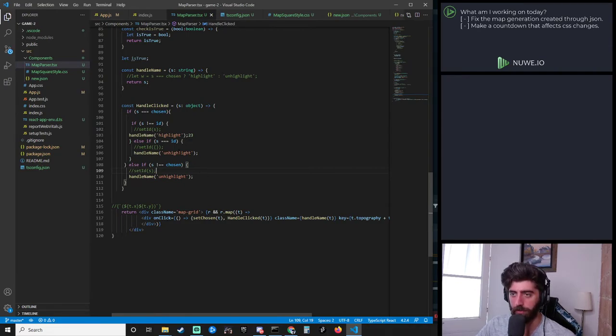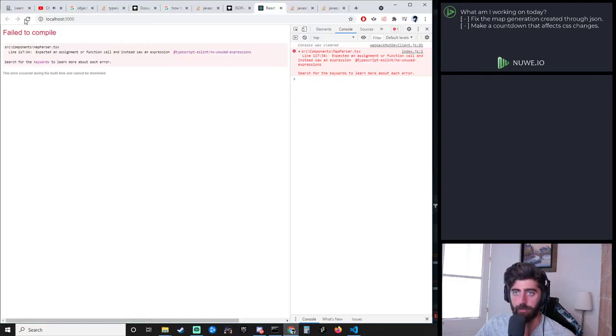Why does that help us? It helps us because now over here we no longer have a computing function. Oh yeah, it's because now set IDs would be only activated on click, right? So now if we save that, it should be working and not giving us the error that we were having earlier,